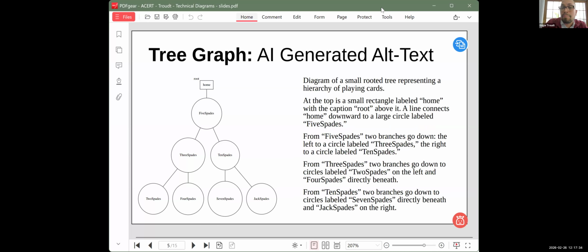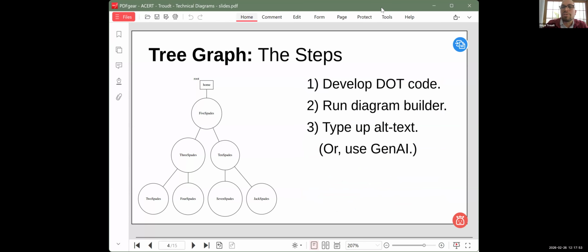And just as an example, I did generate the alt text with an AI tool, and it's good. It's not exactly how I would describe this, and it's not exactly how I would think about this diagram, but it does describe the diagram, certainly. So, okay, the process is starting to come together, but I think it can be better than what I've described